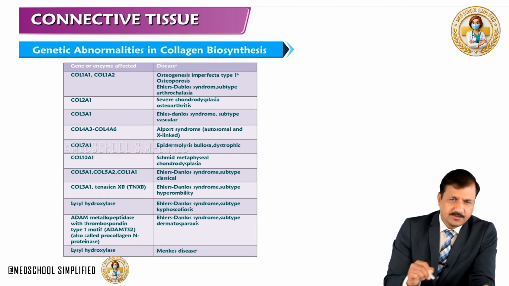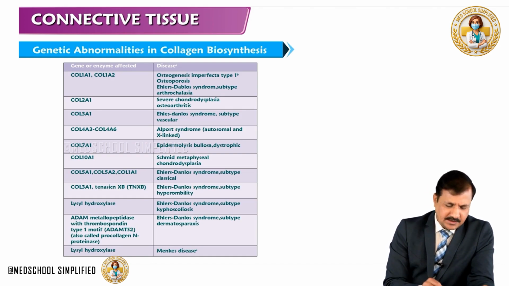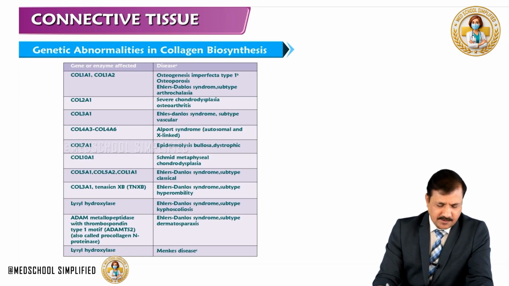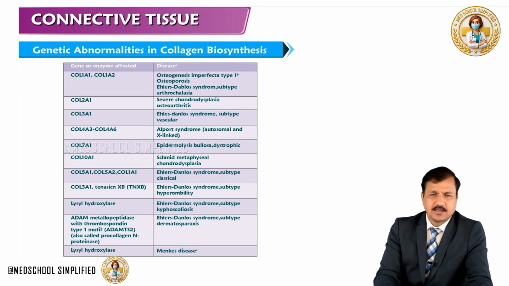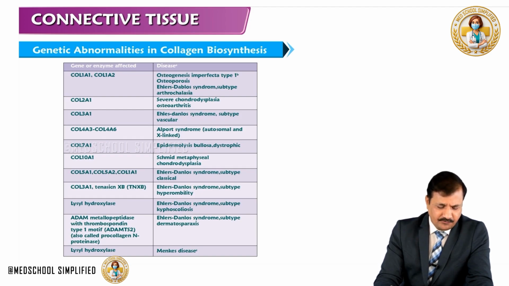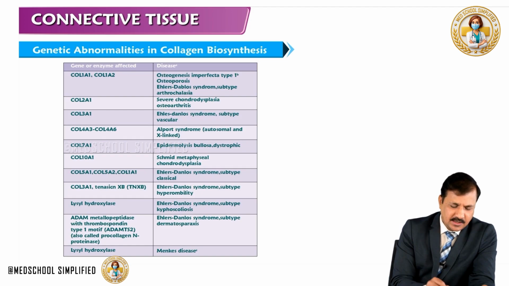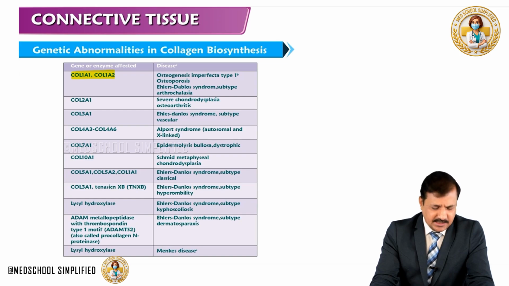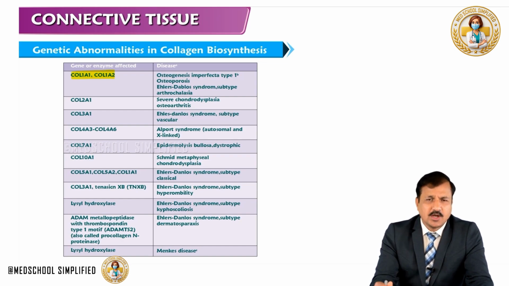In the table, the type of collagen that is affected or the enzyme that is mutated is given in the first column, and in the second column, the type of specific disorder for that specific deficiency or mutation is also mentioned. Just to name a few, mutation in type 1 collagen, specifically the alpha 1 chain or alpha 2 chain of type 1 collagen, will give rise to osteogenesis imperfecta type 1, osteoporosis, Ehlers-Danlos syndrome, and